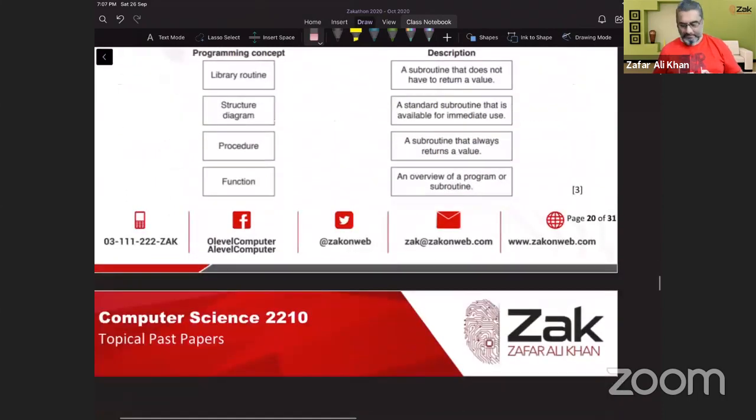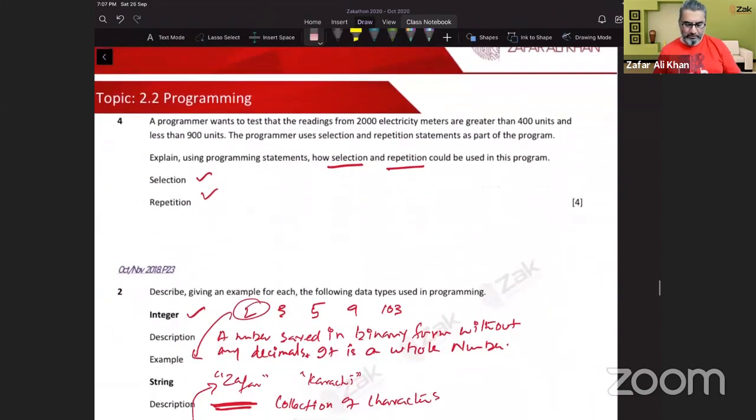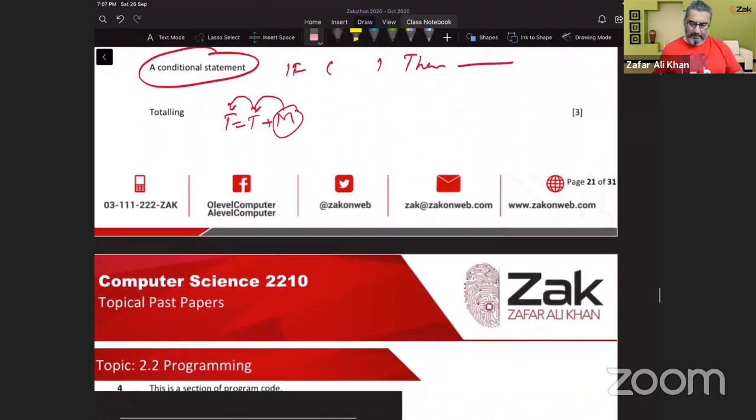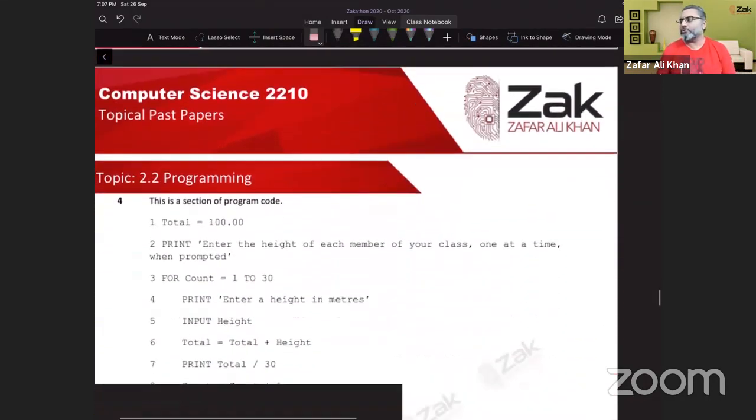So that's about it. We have finished format 1, format 2, format 3. Now, before we go to format,